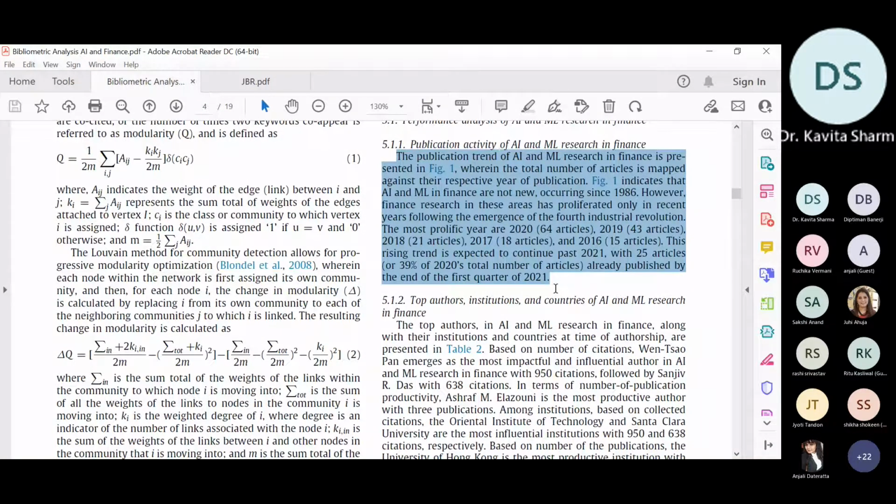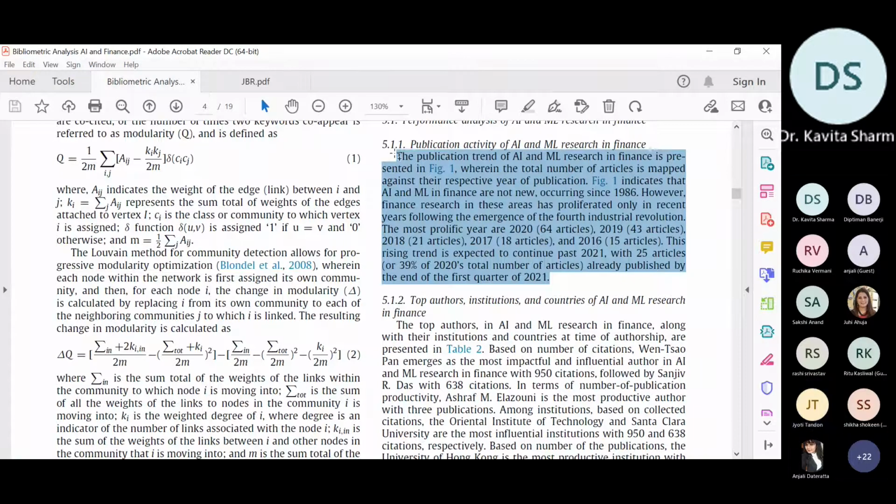Yes, so it was just for learning purposes. If you have, say, the 600-something papers we were left with yesterday, then we should apply it on the 608 only. It is just for learning purposes that I am showing you. You should work on your actual numbers which you have got after filtering. I am just showing how you can perform these analyses, and how you can interpret them also.